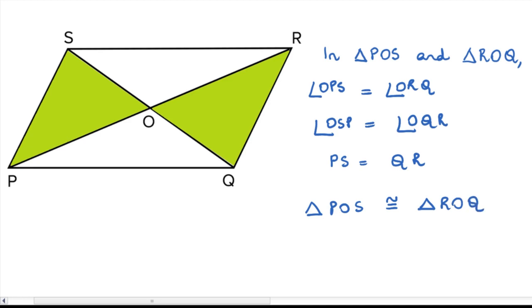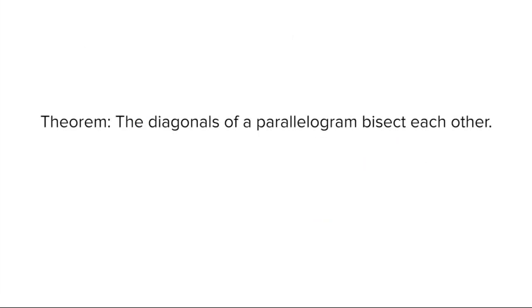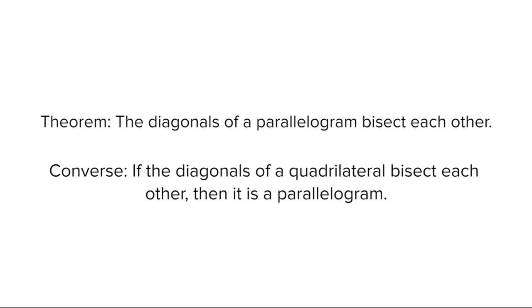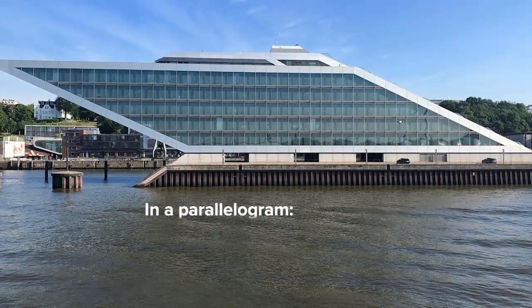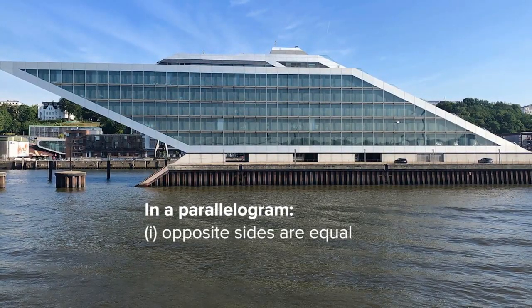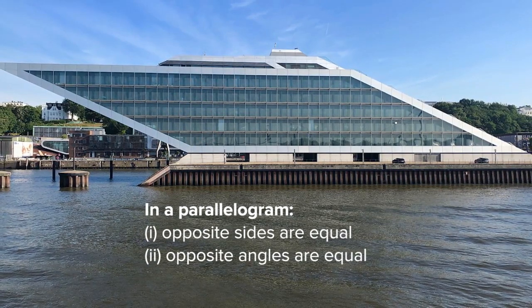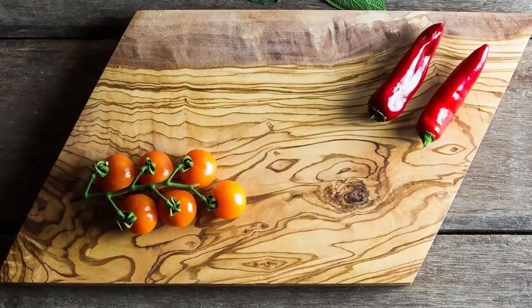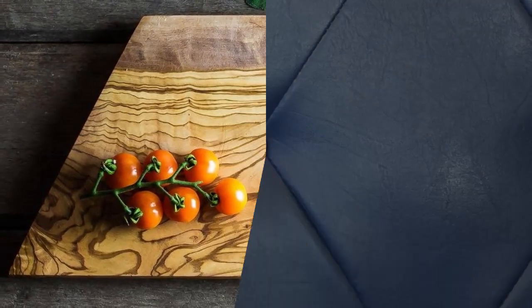So the corresponding sides of the triangle will also be equal, which means that OP equals OR and OS equals OQ. So therefore हम कह सकते हैं that the diagonals of a parallelogram bisect each other, and if the diagonals of a quadrilateral bisect each other, then it is a parallelogram. So in a parallelogram we can say that one, opposite sides are equal, two, opposite angles are equal, three, diagonals bisect each other. So now that you know the properties of a parallelogram, use this knowledge to observe and design